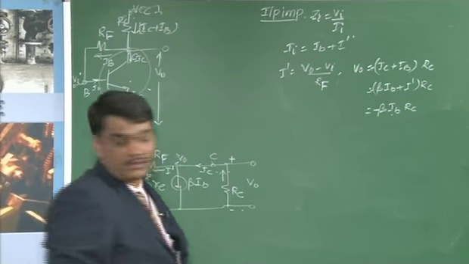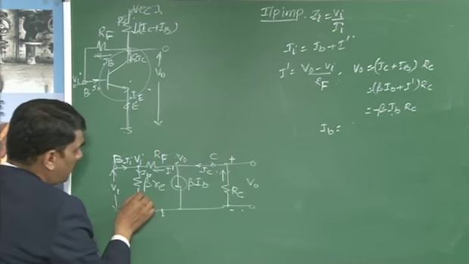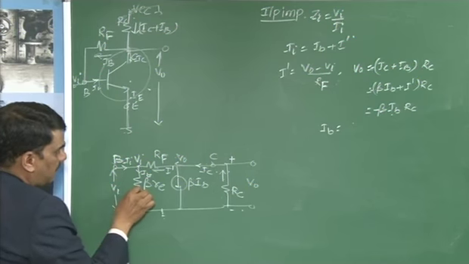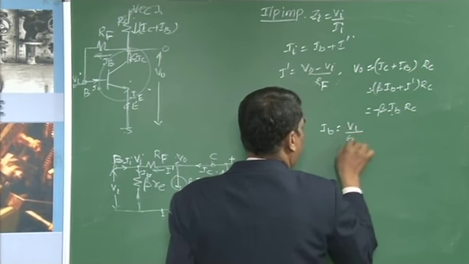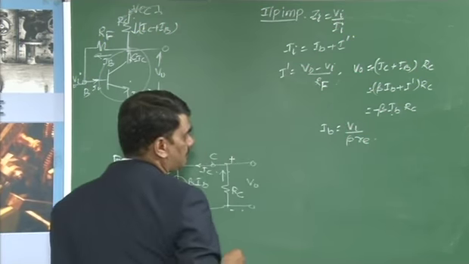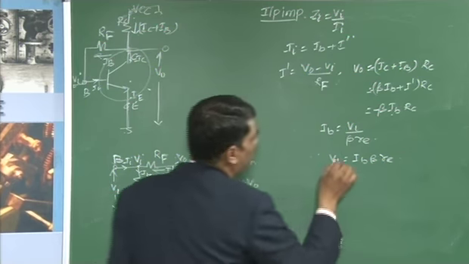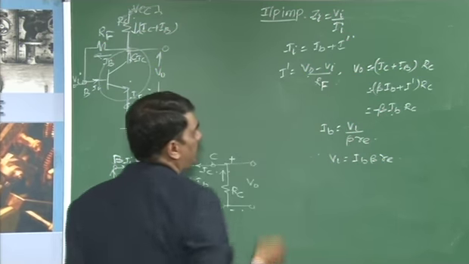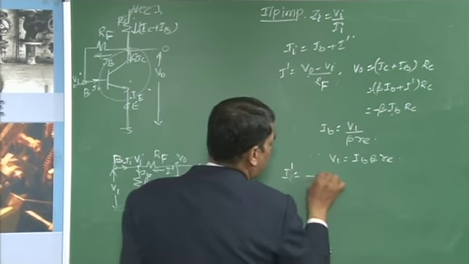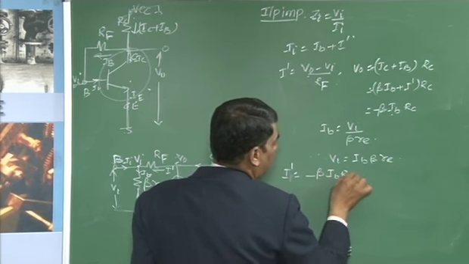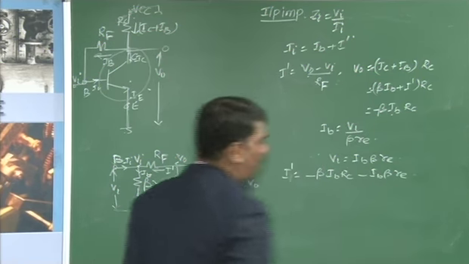For this circuit, IB is nothing but the current flowing through beta times RE. The voltage across this resistance is Vi, hence IB is equal to Vi divided by beta times RE. Hence, you get Vi is equal to IB into beta times RE. Now substitute this V0 and Vi into the equation for I dash. I dash is equal to V0, which is minus beta times IB RC, minus Vi